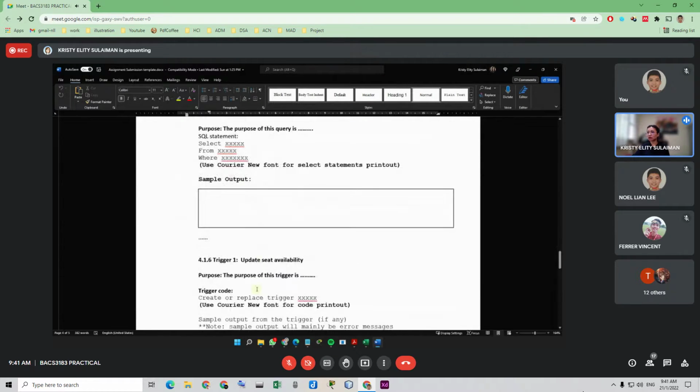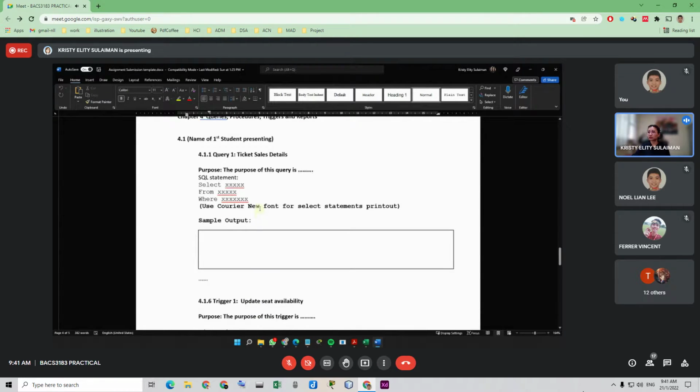So this is how you can show your output. The purpose of this query is to explain a little bit: what do you want to do with the query? You must use Courier New font for statement printout.